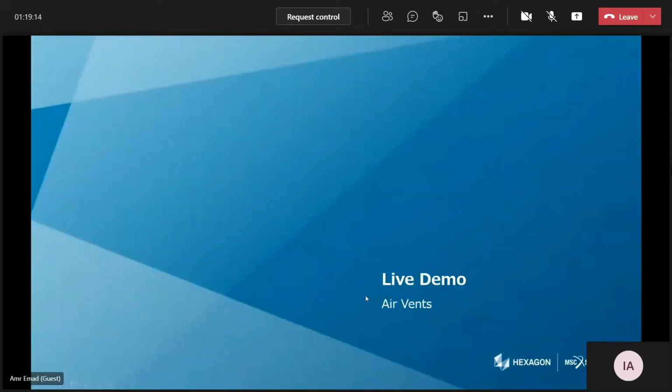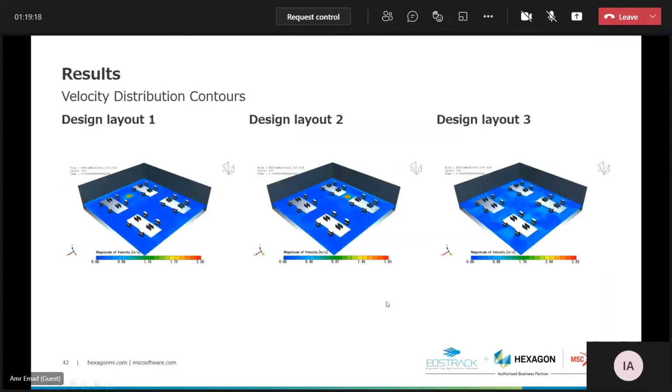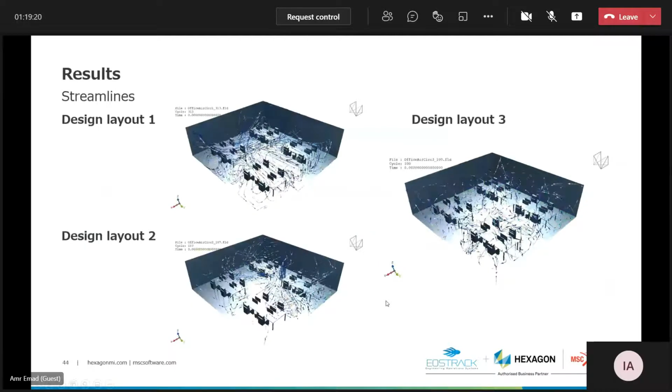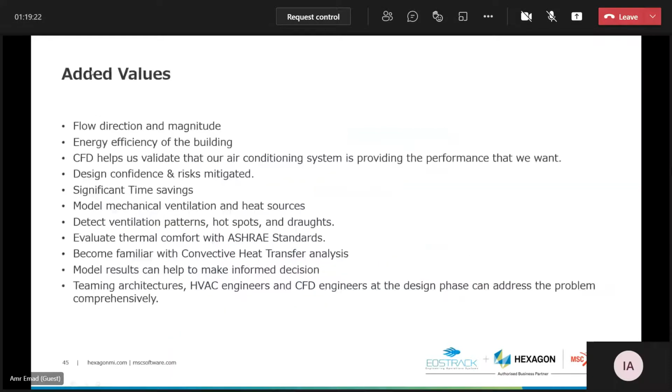Before coming to the live demo, I want to mention the added values of using such tools. Using such tools, you can go beyond the limitations of the design codes used for buildings. In architecture and civil engineering, you can predict the flow, direction, and magnitude precisely. You can evaluate your energy efficiency and detect the hotspots,